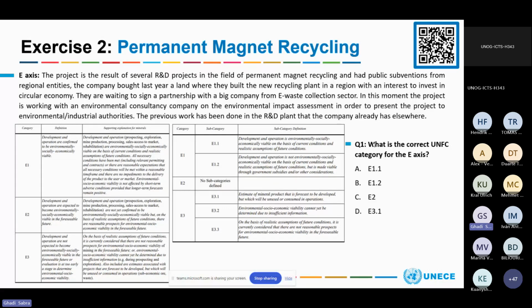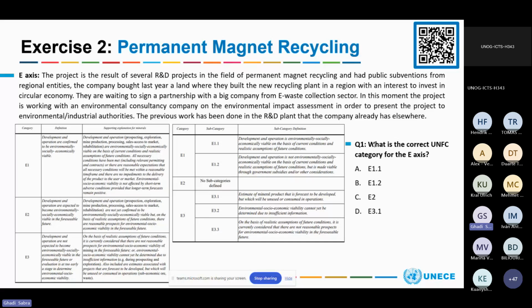They are waiting to sign a partnership with a big company from the e-waste collection sector. At this moment, the project is working with an environmental consultancy company on the environmental impact assessment in order to present the project to environmental/industrial authorities. The previous work has been done in the R&D plant that the company already has elsewhere. So what is the correct UNFC category for the